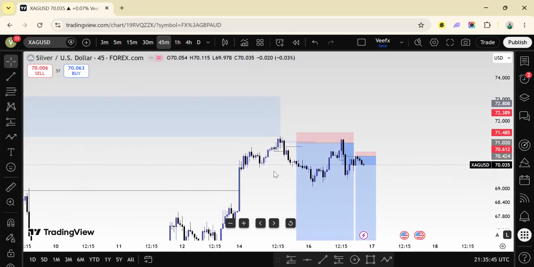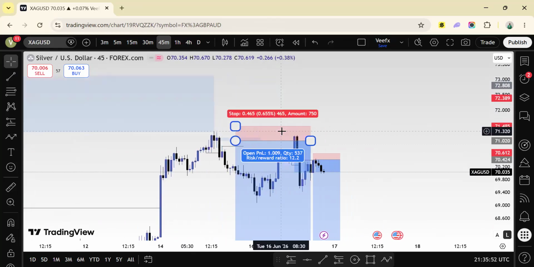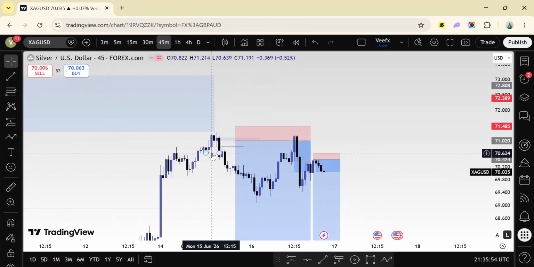This was my inducement here. So this was where I was expecting a confirmation. And after it gave me my market structure shift, you can see the next candle that pulled back produced the next candle or other candles that took out the close below the candle that caused the market structure shift. That's why I marked here as my valid inducement,